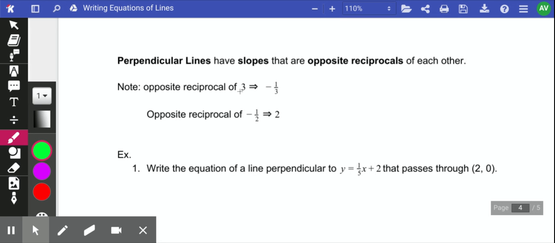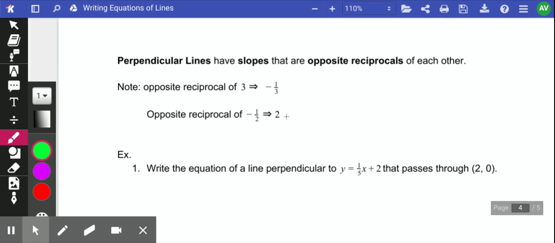Let's suppose the slope of an original line is 3. The opposite reciprocal, so opposite means it changes sign, so it's now negative. Reciprocal means it gets flipped. So that's 1/3. So the opposite reciprocal of 3 is negative 1/3. Notice I did not write that they are equal to each other because they're not equal. This is opposite reciprocals. The opposite reciprocal of negative 1/2, well, it would be positive 2 because it gets flipped